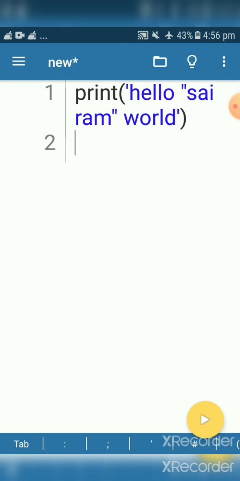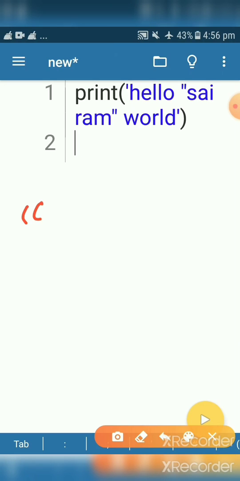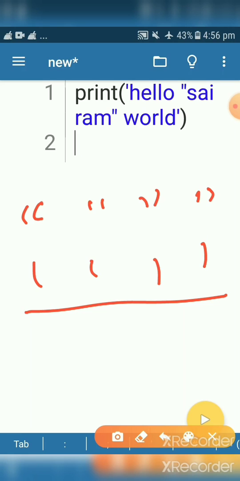Okay, now children, just 1 minute back we have discussed that inside double quotes we can't put double quotes, inside single quotes we can't use single quotes. But let's take an example. I want this under single quotes, what can I do? For that I can use this backslash and this. Okay, let's see how.